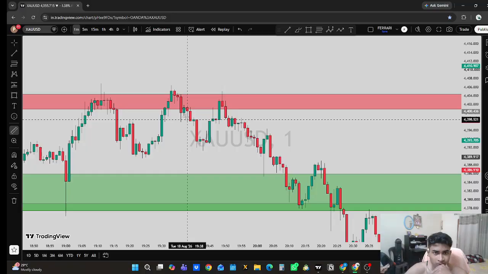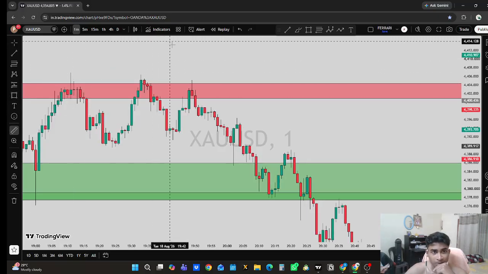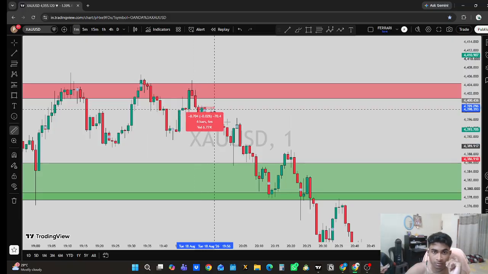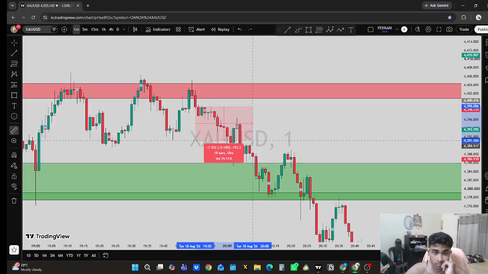Then again, I would have avoided this little impulse right here, 1000 pip, 100 pip. But then once again, what the market did is create a very good shooting star. First confirmation. Secondly, it gave a strong fall through. Second confirmation. So exactly right here, I would have traded. I would have put my order.